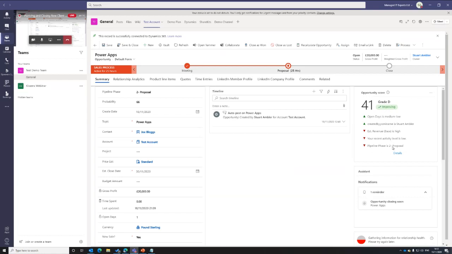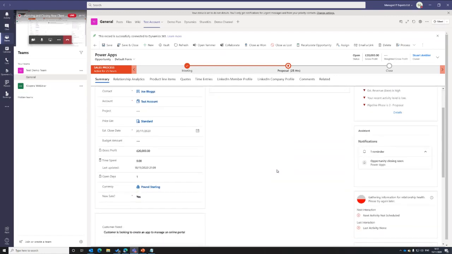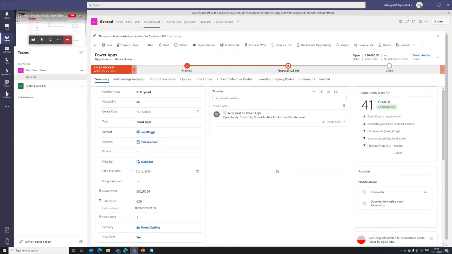It's bringing that down. So it gives me a score and gives me little indications here as to what needs to be improved. So it's a really fantastic business application, very powerful business application. It gives you a lot of meaningful information and data to help you push along your opportunities and deal with your opportunities effectively. And that's all within one, as I say, window.